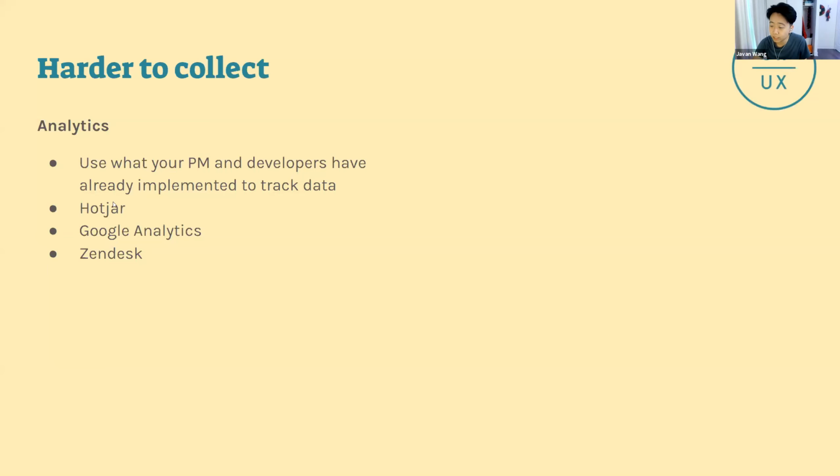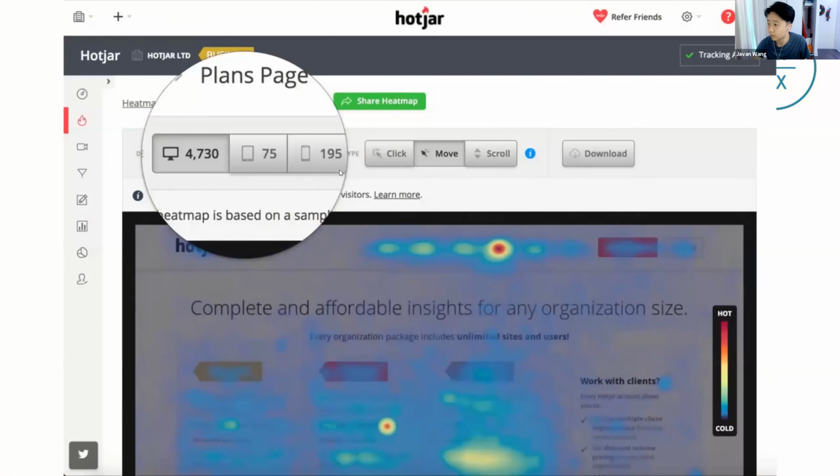A good example of it is Hotjar, for example. Hotjar is a paid service, but what it does is you can use it to detect heat maps in terms of mouse cursor movement, cursor clicks, where people are clicking on the most, as well as where people are scrolling on any given page. It is a paid service, but they do have a free trial, and this is something you could look into that's more complex in terms of analytics.